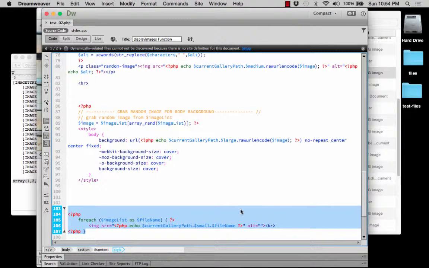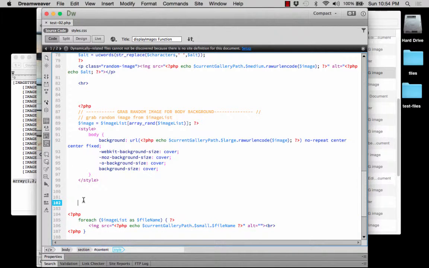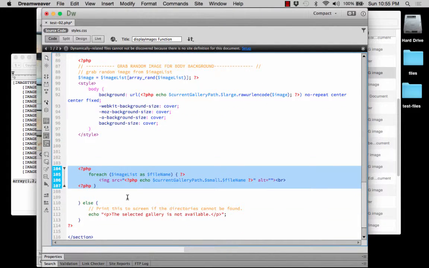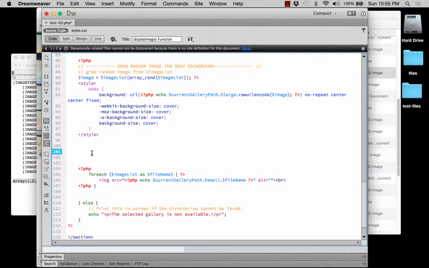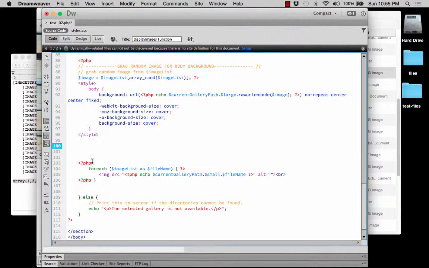Okay, so we're going to pick up again where we left off. Now we're going to make an image gallery in our file. So we're going to go back to having our PHP, and I'm just going to use this stuff and refactor it. We'll have a little less white space. And I'm going to come out here and put my comment about